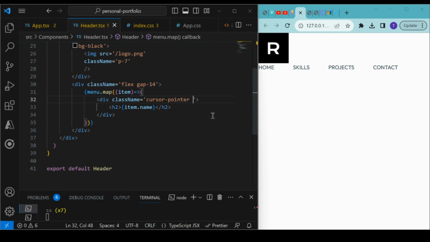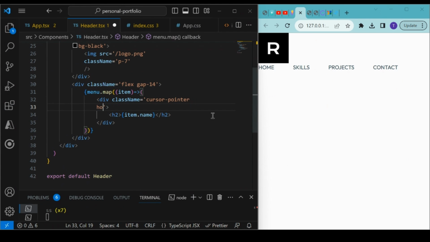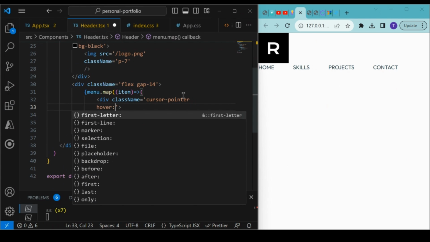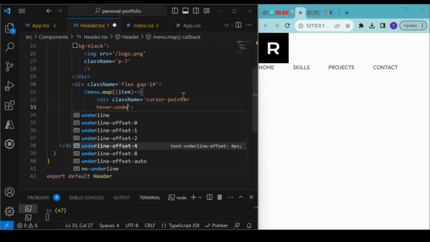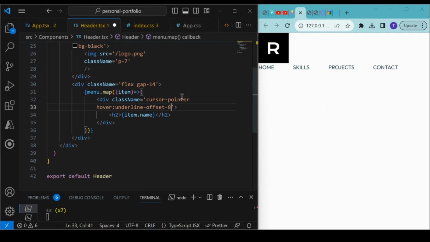Also, on hover, right, I want to show the underline, so I will use underline, and I will give the offset number. Okay, for example 8. So what I will do, it will give some gap if I hover on it, right? So I don't know why it's not working. Let me check. First of all, let's try to put underline,